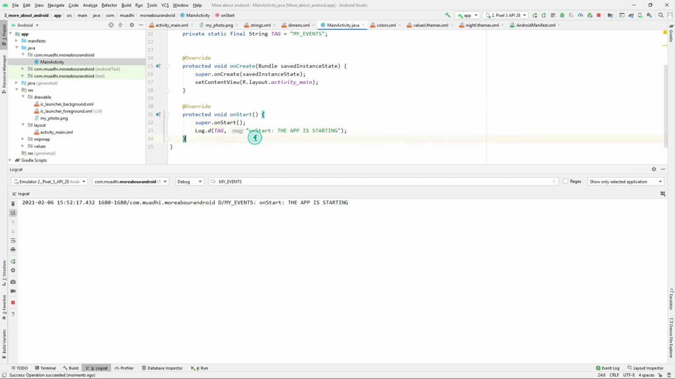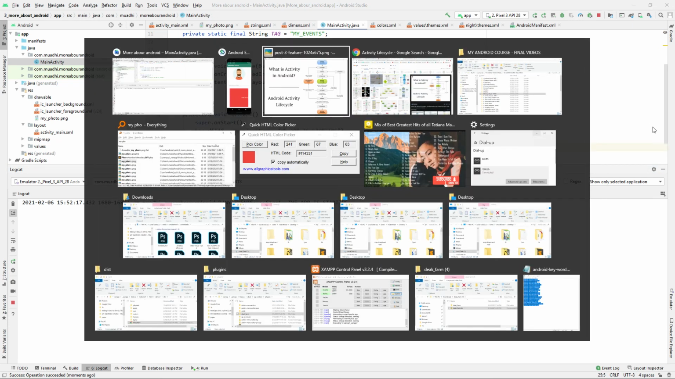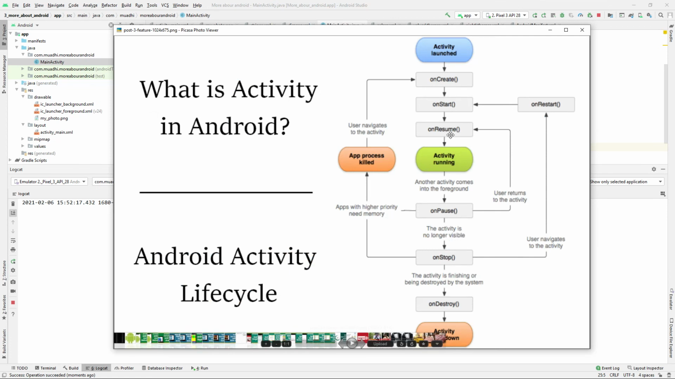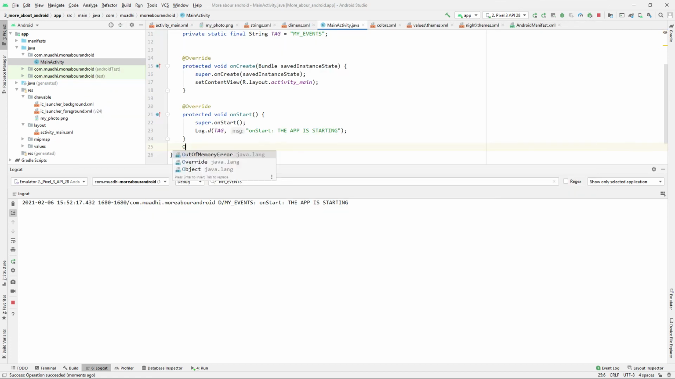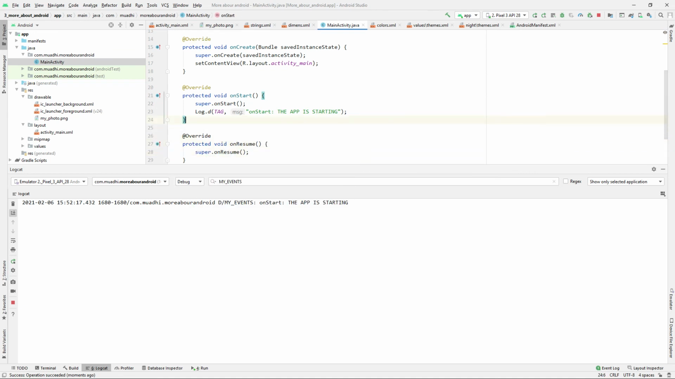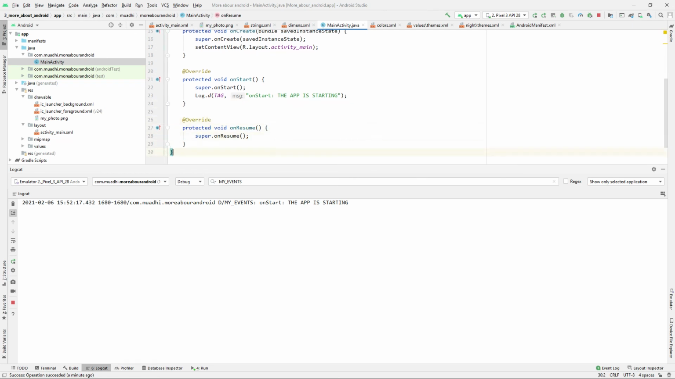So that is on start. Let us look at on resume. Just write like this: come here, just write Log.d. Log.d will just put something in the console. The app is resuming. Okay, and then lastly, just write, for example,